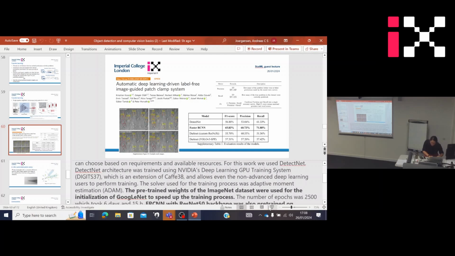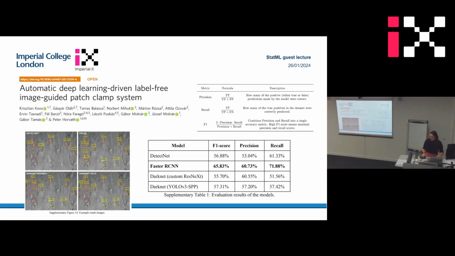Oh yeah, so it used the Inception network actually. So yeah, the DetectNet basically was like an expansion on the Inception network. So basically the backbone was Inception and then they added other stuff. And they said that actually this DetectNet, even though it had very bad scores, which I will explain now, was actually the fastest. So this Faster CNN, despite the name, if you remember, this is what we looked at before,